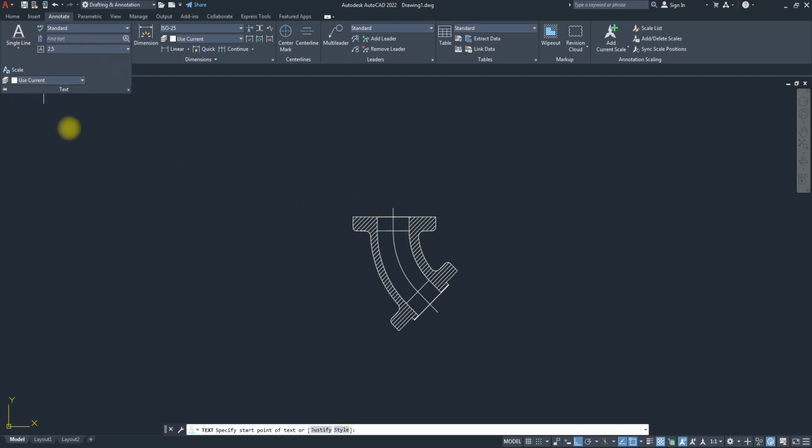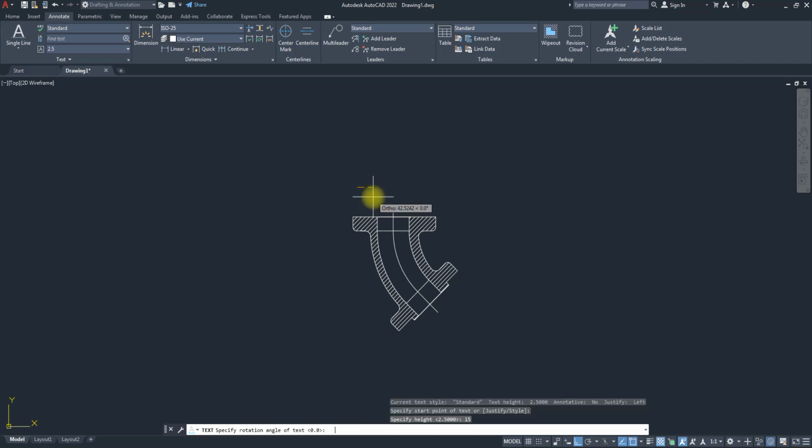Then I can just come to single line text. It's asking me for where I want to place this. Let's assume I want to place it here. Then it's asking for height. So I want the height to be 15, then orientation. So let's assume I want this to go at 45 degrees. I'll say 45 degrees. Then I can start typing. So it's asking me to start typing, so I'll just say,